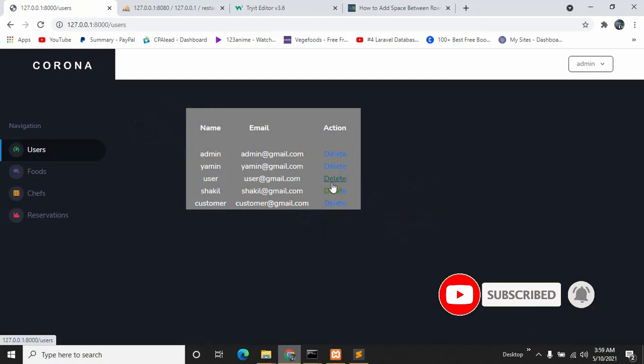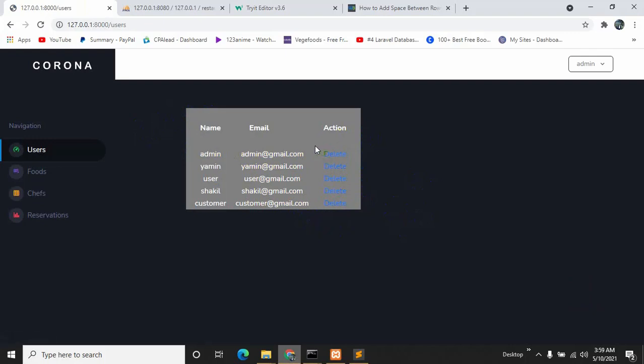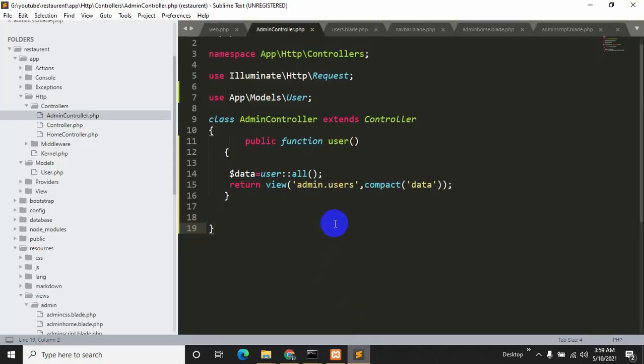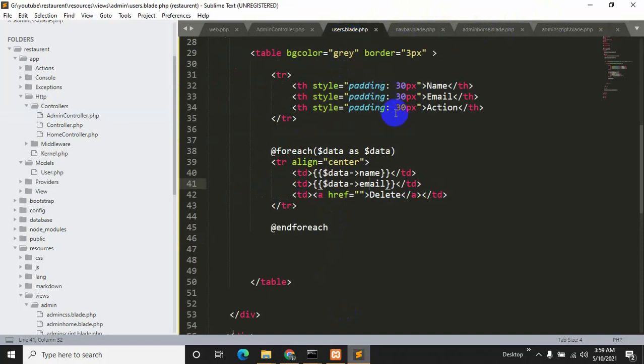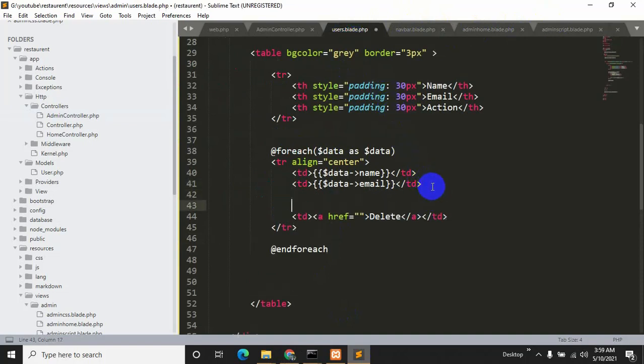Now before doing this delete part, we need to do something about this admin part, because if the admin deletes the admin itself, it will be a problem, right? So we are going to change something in this user.blade.php. Here we are just going to add an if condition over here. We'll say over here @if, the condition will be if